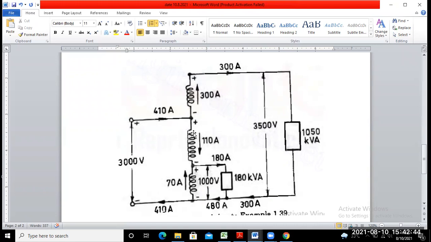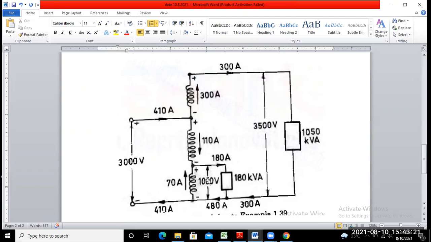The third winding already has a voltage of 500. If you connect this third winding in such a manner that the voltages add in all three windings, that is the connection of the three windings in series adding, then their EMF is the summation of these three windings. So this one is minus, this one is plus, this one is minus, this one is plus, and this one is the secondary winding, this one is minus and this one is plus.